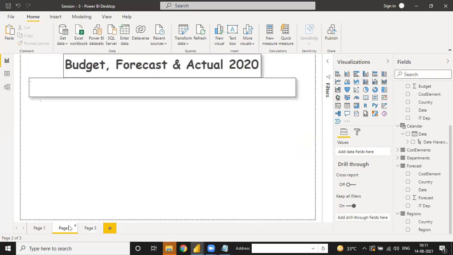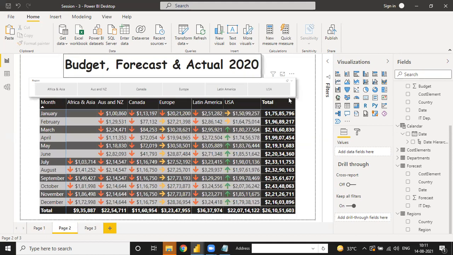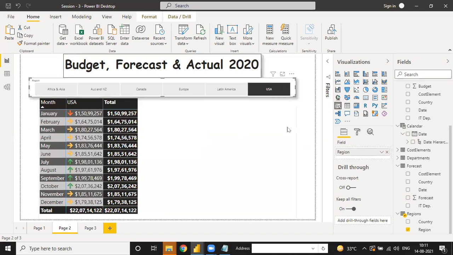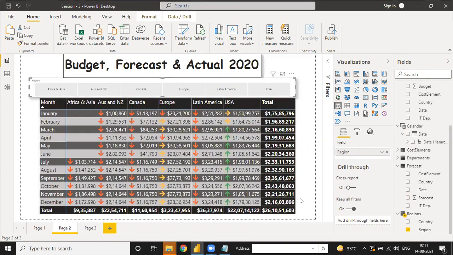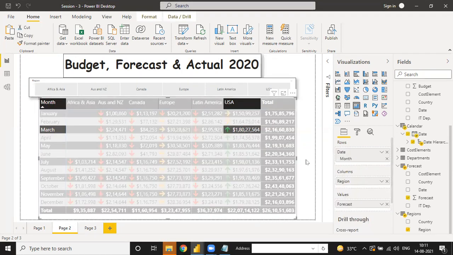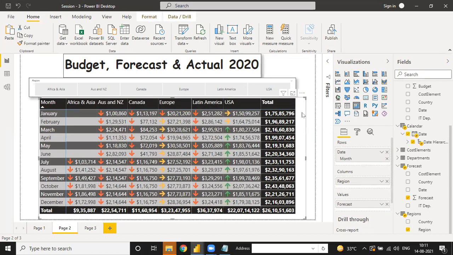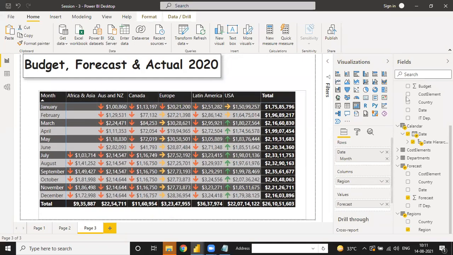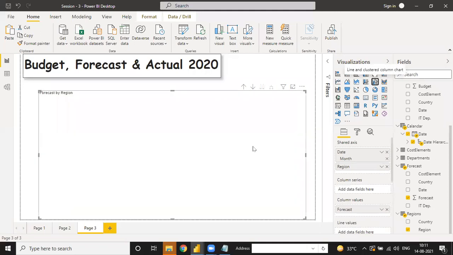You need to click this table, copy, and here you have to paste it and go to this chart.